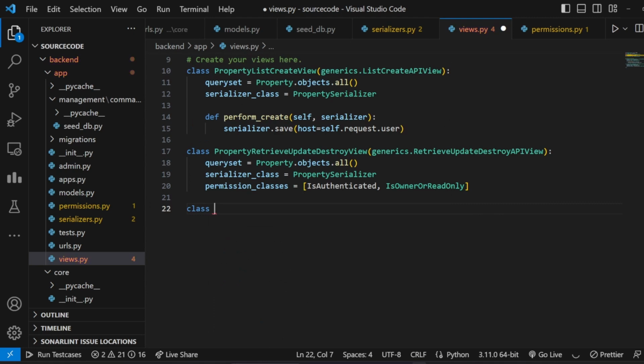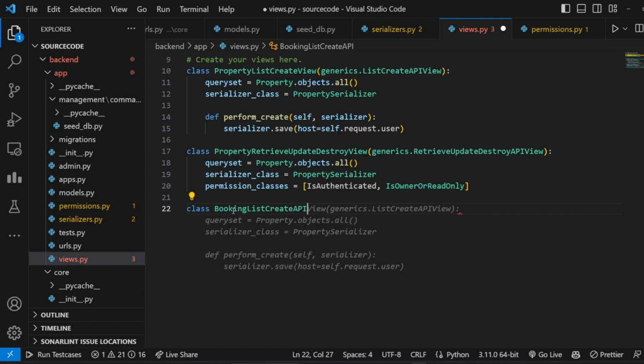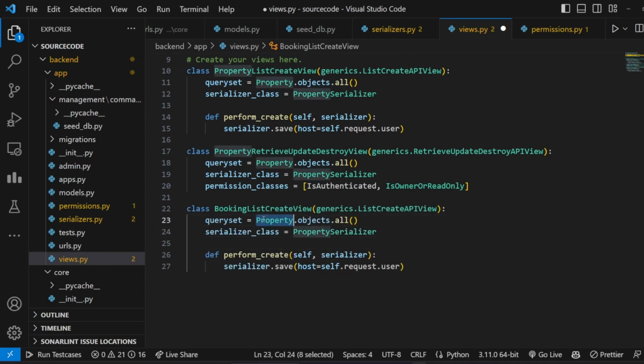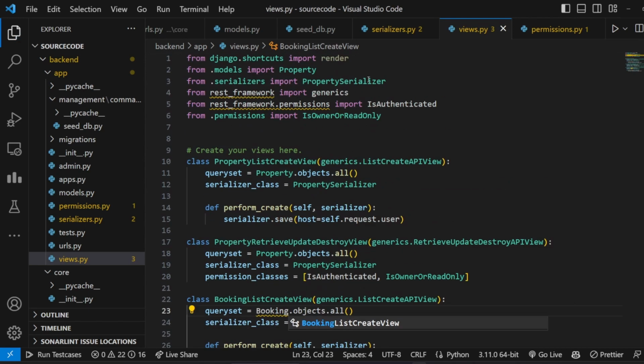So class BookingListCreateAPI, or let's call it view, because we are using the same convention as above. And it will be generics.ListCreateAPIView. That is looking fine, but it should be from the Booking class. So inside from models we will import Booking,